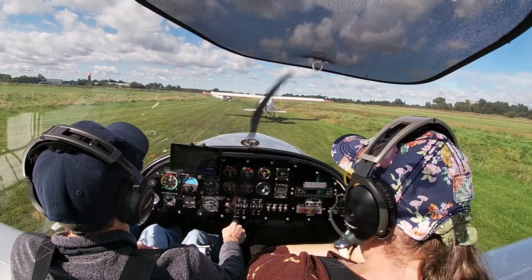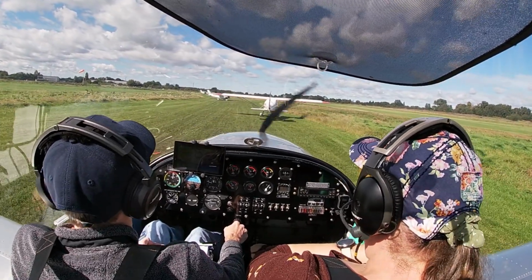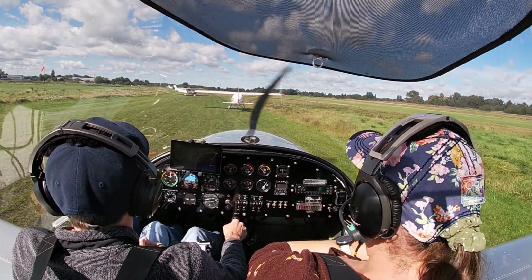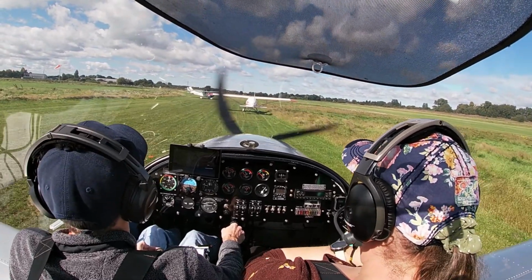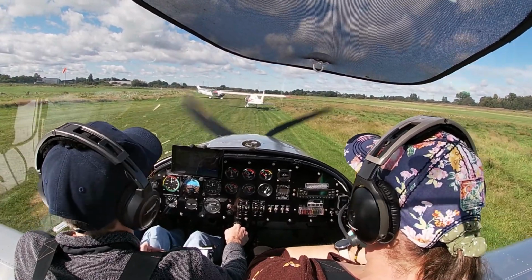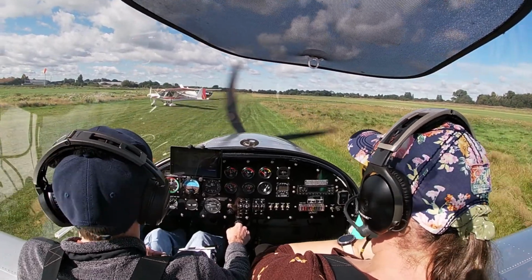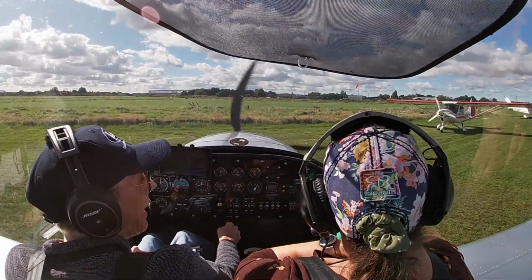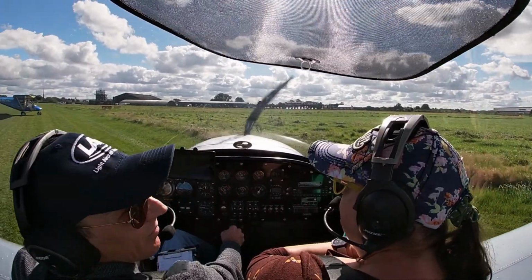So this was quite a busy day at Barton. You can see there's quite a few of us just lining up on this taxi. We all followed each other out. This is because being a weekend day, this was Sunday, last Sunday the 30th, I think it was. Being quite a day for nice weather, there were a lot of people getting out flying. Obviously, being in the UK, we are very much a victim to the weather, and especially being in the northwest,